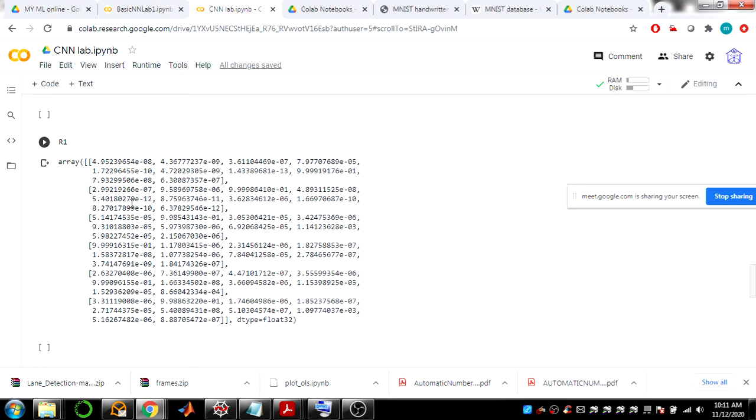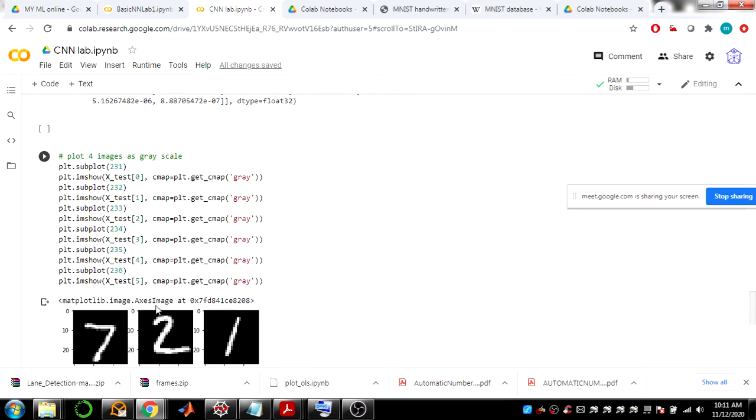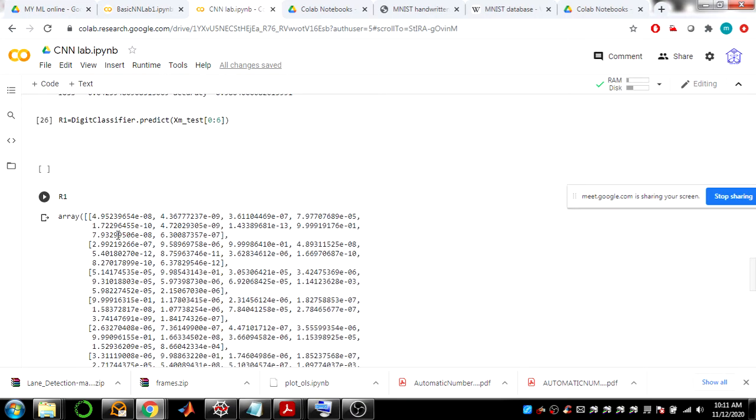You can see here in this example where the accuracy is more in the outcome. 0 1 2 3 4 5 6 and 7. For 7 only. So what is the actual output we got? 7 only, correct. And here if you look at 0 1 2, here is the more accuracy because it is 10 to the power of minus 1 compared to all other values.